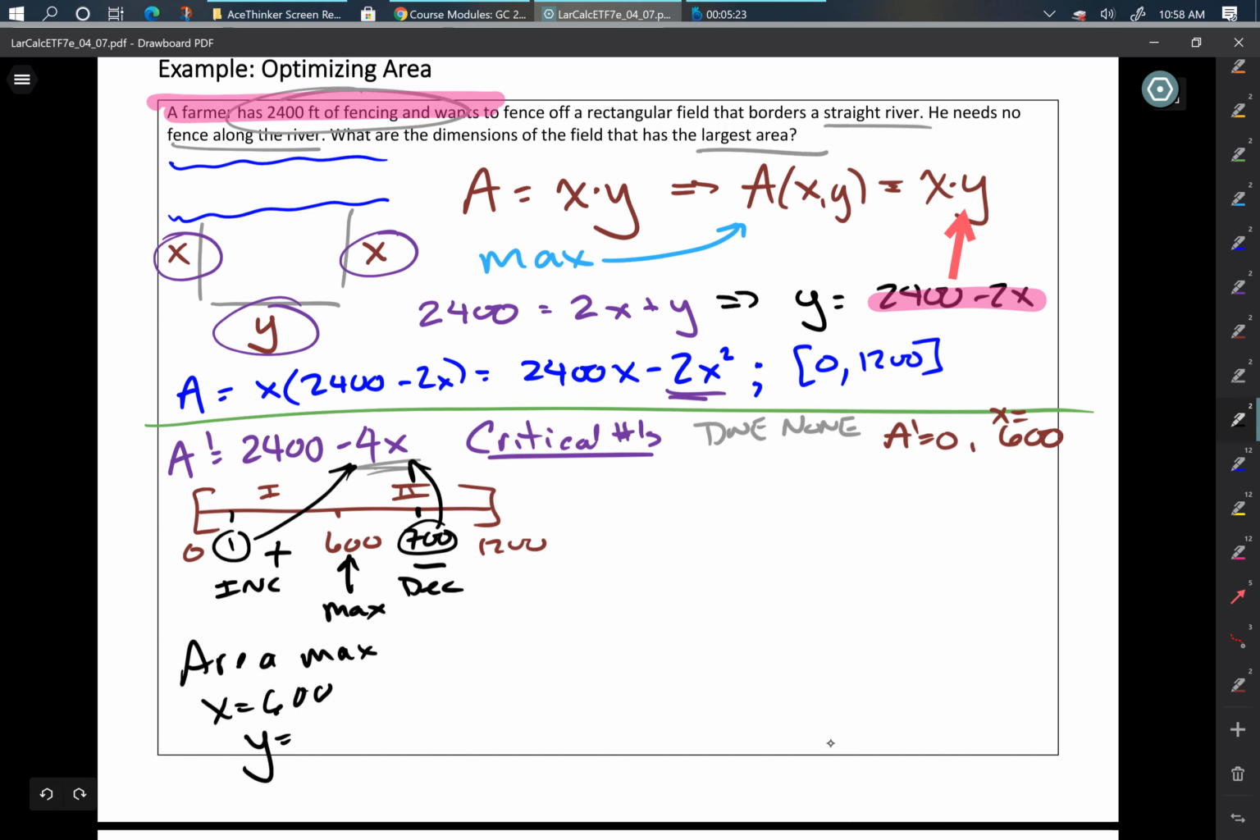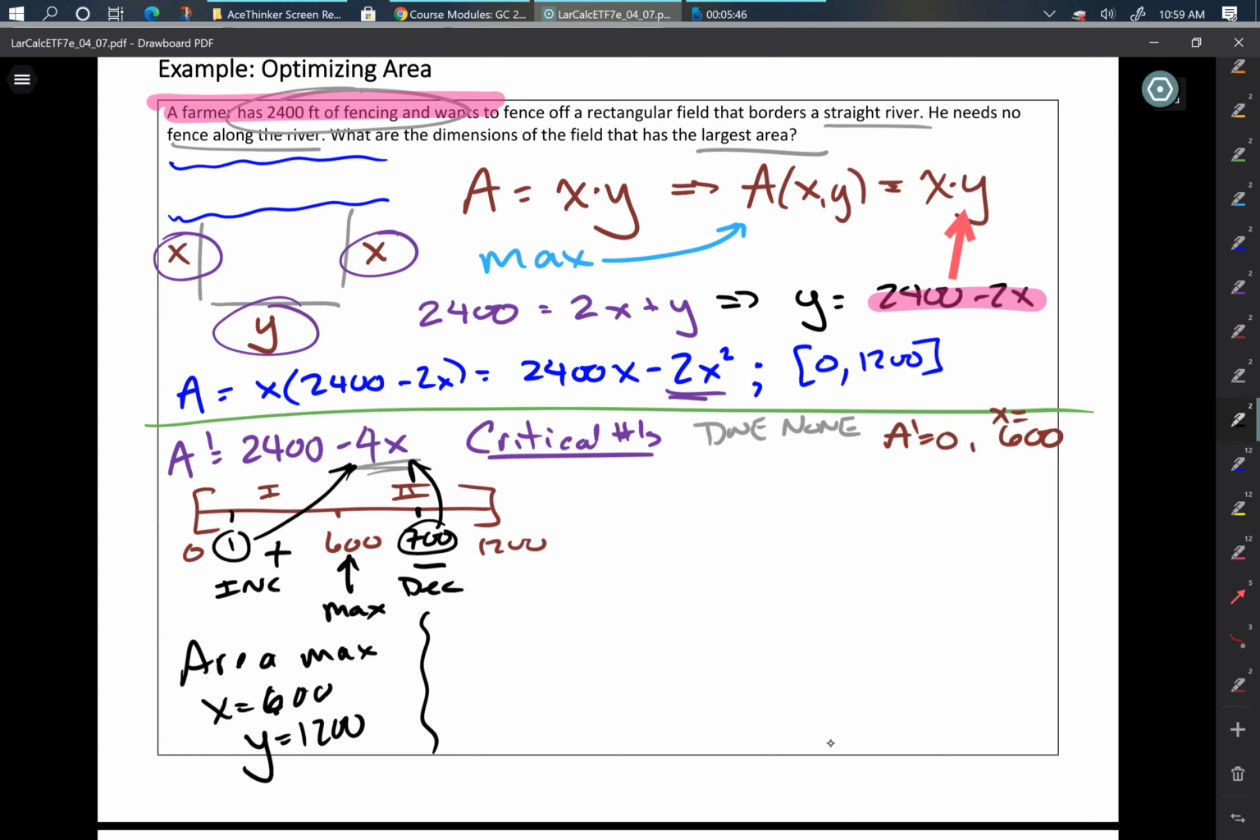And what's y when x equals 600? Well, that's where I go back to this right here, my substitution statement. 2 times 600 is 1200. 2400 minus 1200 is 1200. So that means that y is 1200. Now, it would be inaccurate for me to say that the answer is x is 600 and y is